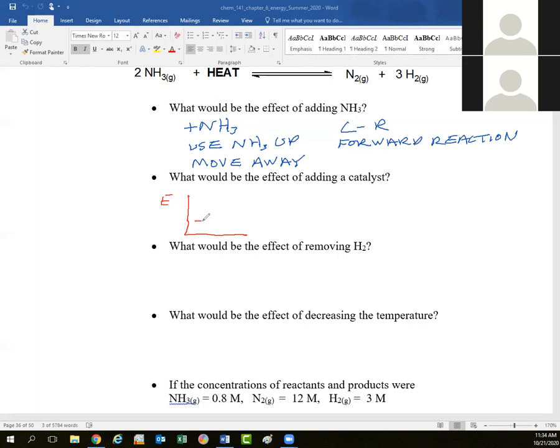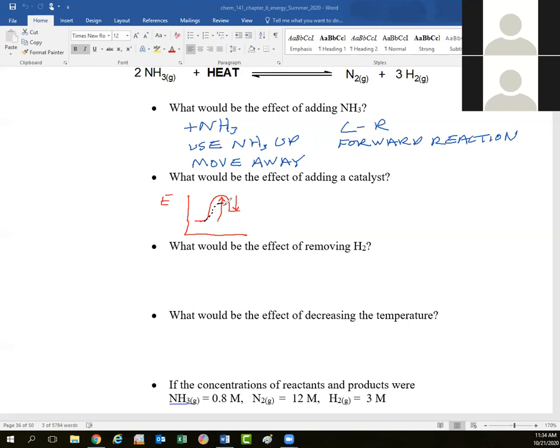The forward reaction must be the endothermic reaction. So we get an energy diagram that looks a bit like that. There's more energy going in and less energy coming out for the forward reaction. And so the catalyst lowers the energy of activation. But if we follow that dotted line,